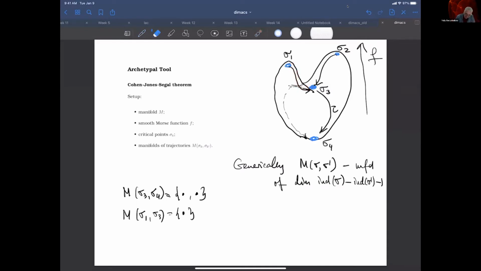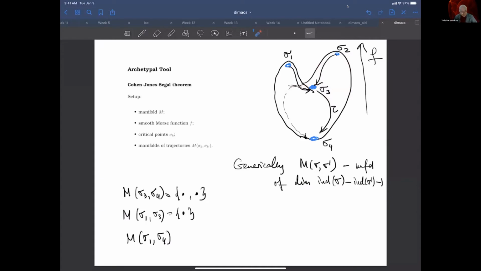And of course there's a much bigger manifold going from sigma 1 to sigma 4. And this manifold, by the way, already becomes quite interesting. You have all these trajectories going from this point all the way up, and a little bit of thought gives you that it will be an open interval going like this. And the same with this trajectory. If you look at all the trajectories going from sigma 2 to sigma 4, they form this open interval which closes a little bit at some point, but then this interval goes this way. So anyway, this is a nice collection of data, and this is the starting point for this